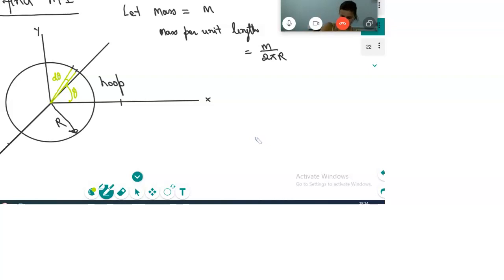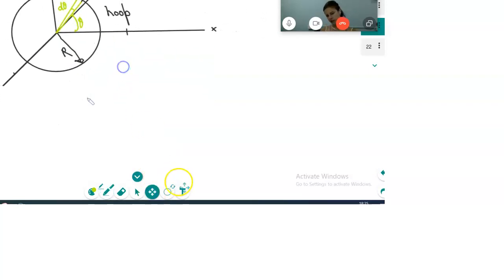See, I will tell you. But why did you make such a big angle? It's not a very small angle. This is theta, and this is d theta. Theta is any angle, correct na? Theta may be 45 degrees or whatever. See, d theta is a small angle. I will draw it separately, it is making a small piece at the center. Correct na?